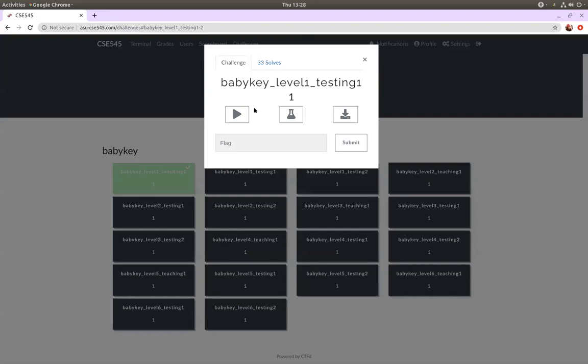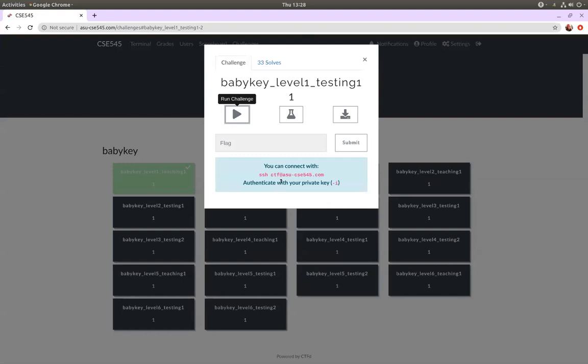So if you want to run the challenge, run challenge means that you can connect to that and actually run the challenge with your proper input. And once you get the input correct, it will give you a flag. So after you get a flag, you will need to copy paste your flag over here, and after you submit, it will tell you whether or not your flag is correct. If we do practice,